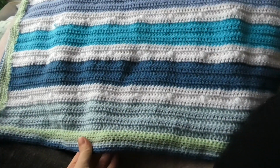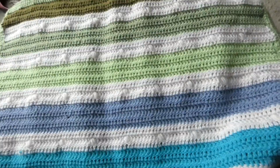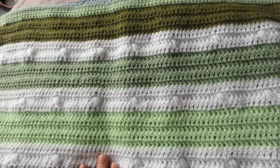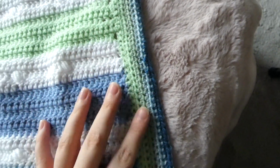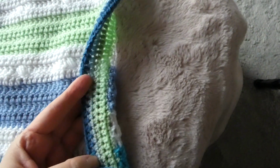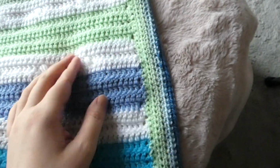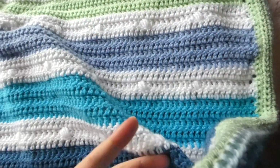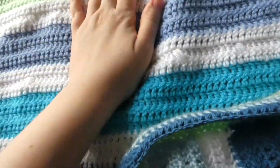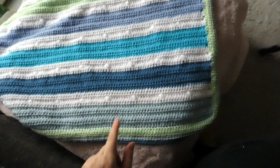And here is the blanket now completed, except for the name. I want to put the name on there, and the border is looking like this. I think it's probably going to look a lot better once it's been washed, because it's a bit stiff at the moment. I think it could do with being washed, obviously. I'll do that before I gift it to them anyway,